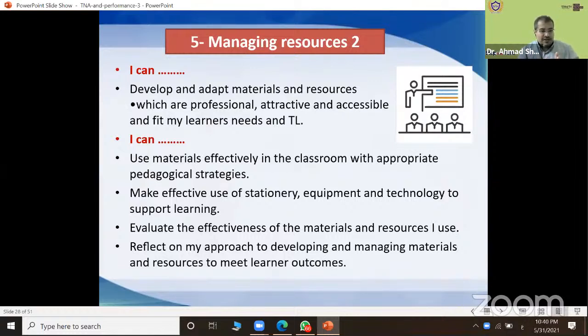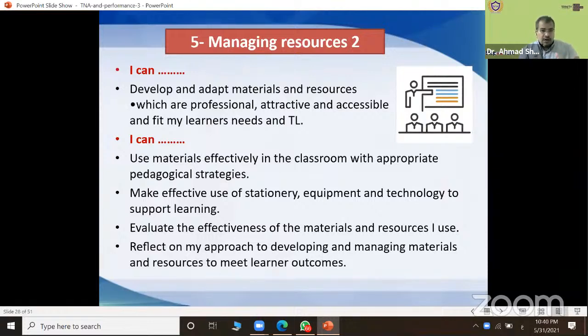I can use materials effectively in the classroom with appropriate pedagogical strategies. Okay, so I apply my pedagogical strategies to my material. Make effective use of stationery, equipment and technology to support learning.